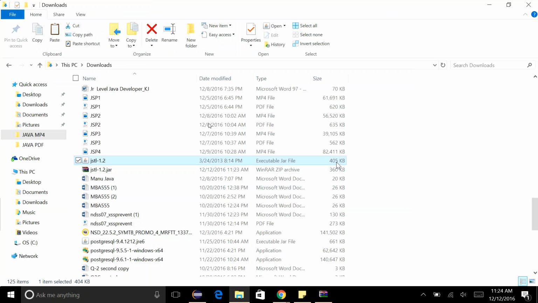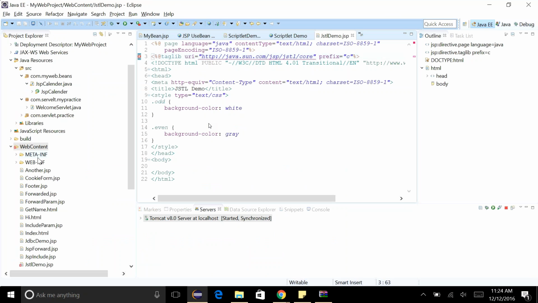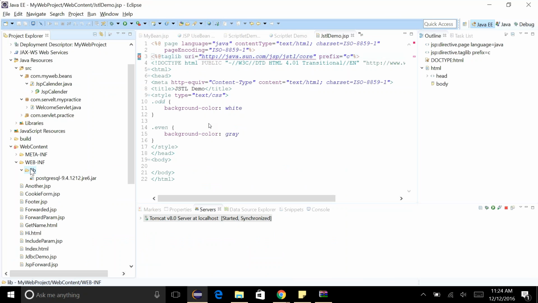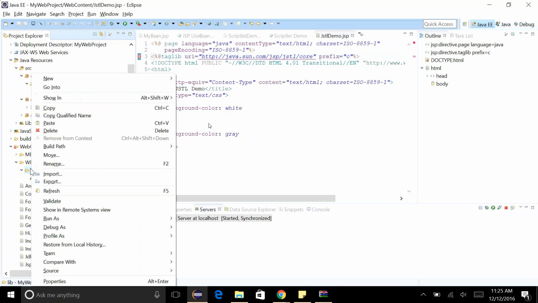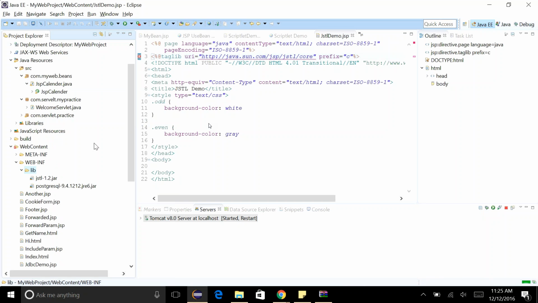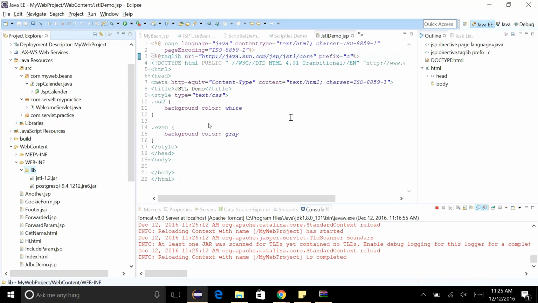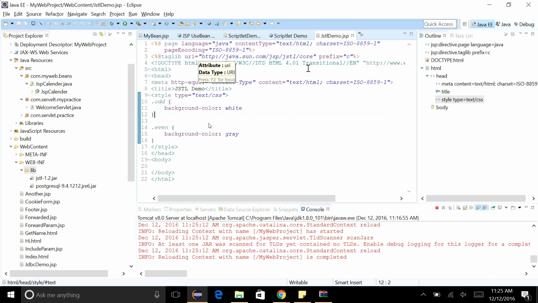Then go to your Eclipse. Go inside WEB-INF lib folder. Right click on lib and then paste that jar file. Paste. Then come back to your JSTL demo.jsp. The error will go away. Alright. Now inside the body tag of this page,